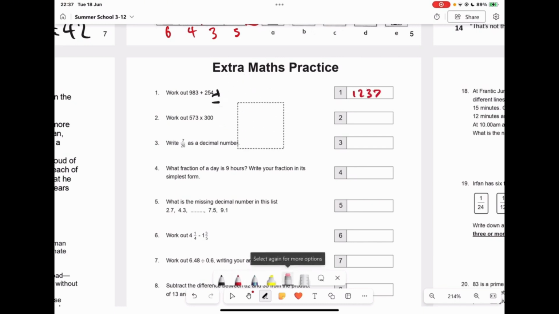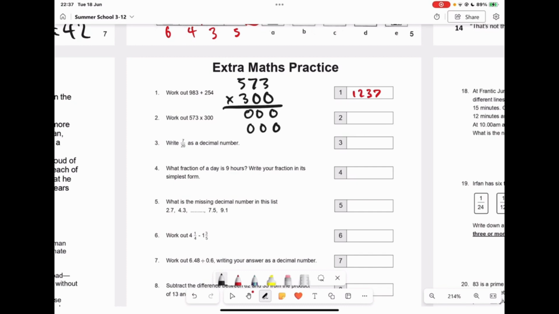Okay, now just making some space. 573 times 300, so 573, 300. So first you multiply by 0, and that will be 0, 0, 0, extra 0, 0, 0, 0, 2 zeros, and then 3 times 3 is 9, 7 times 3 is 21, 5 times 3 is 15. So we get the answer of